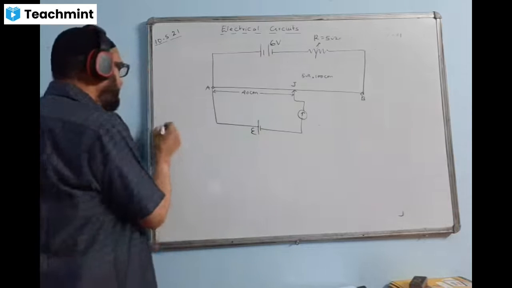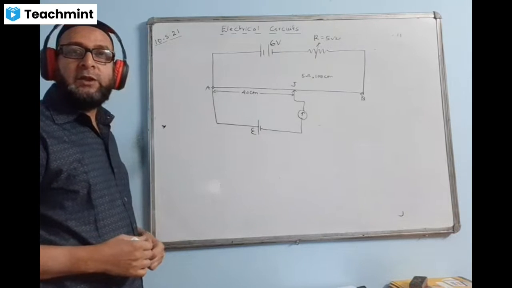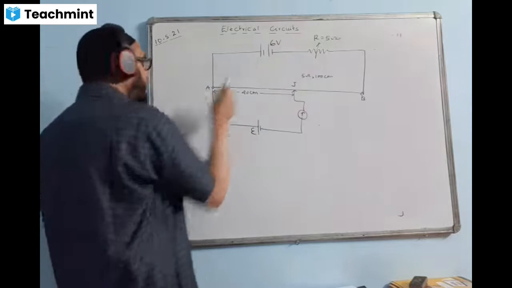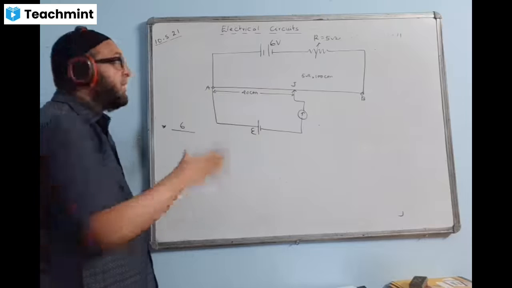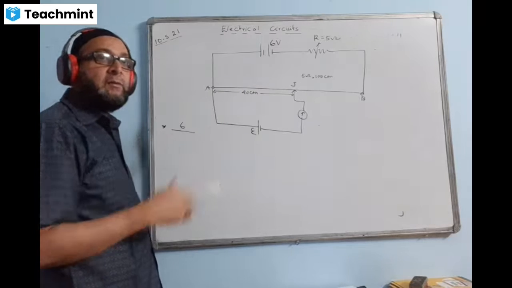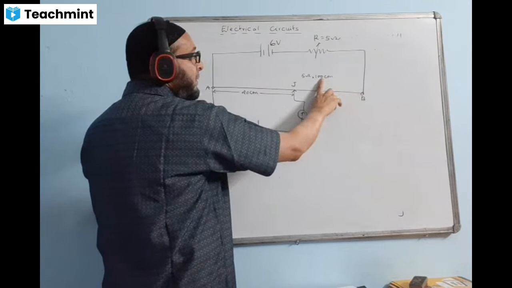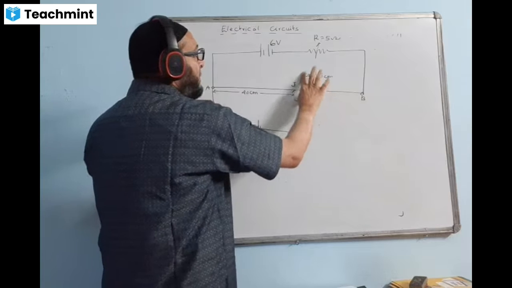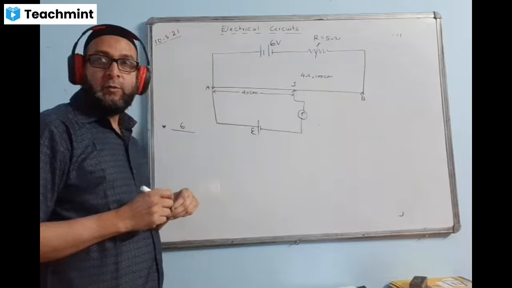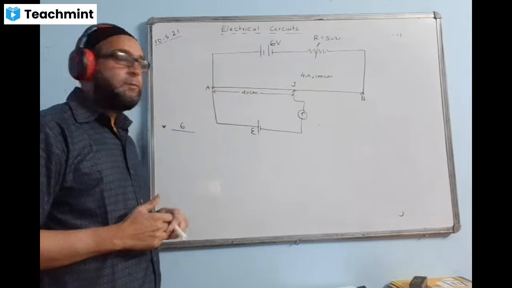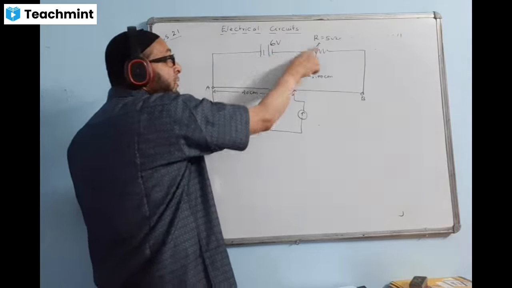We'll do it in a simple way. We'll make the potential gradient equal. Potential gradient is voltage upon length ratio equal. What is the value of voltage here? 6 upon, what is the length? This 6 volt is connected across which length of the wire? Out here the length of the wire is 100 centimeter. I made a mistake. This is 4 ohm, 100 centimeter. The resistance of the full wire is 4 ohm. But this 6 volt is also connected across this also.